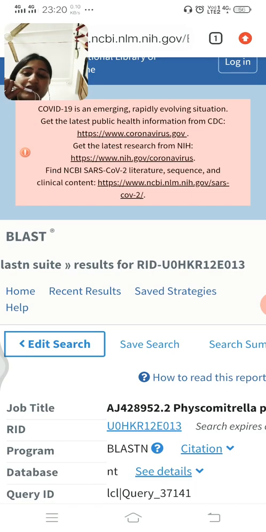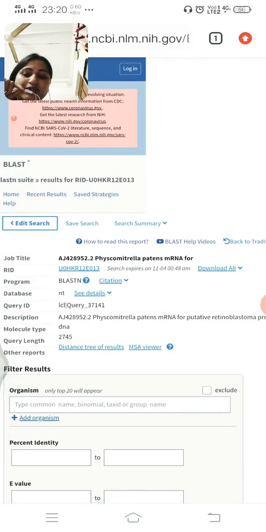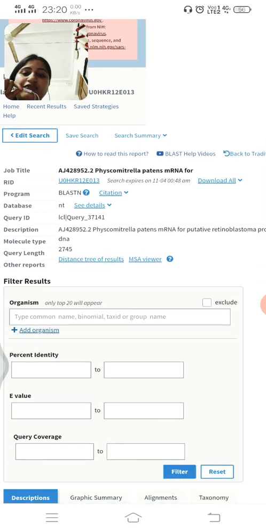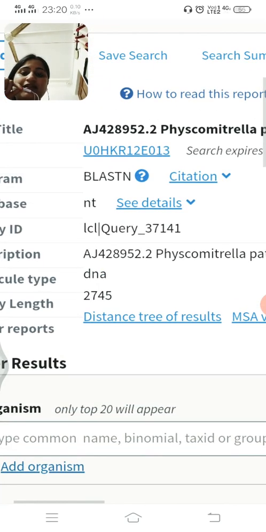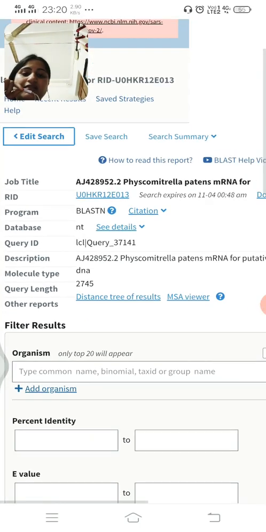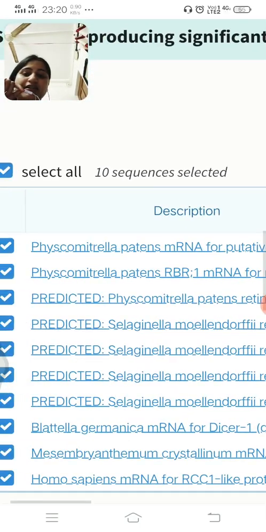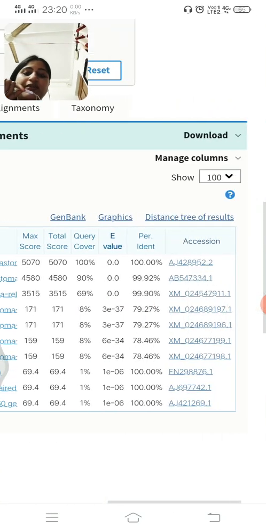So now you can see here, students, this is what we have got after we clicked BLAST, and this gives you the name, the job title, and you can see various options, and the most important is this, the sequence similarity.